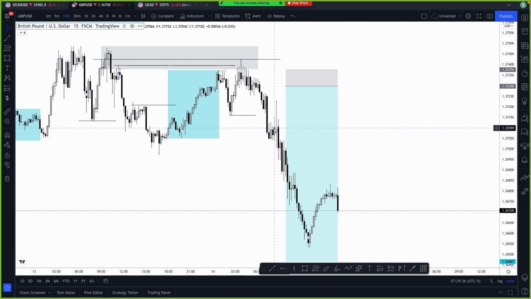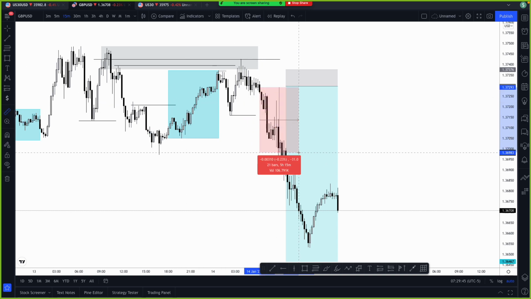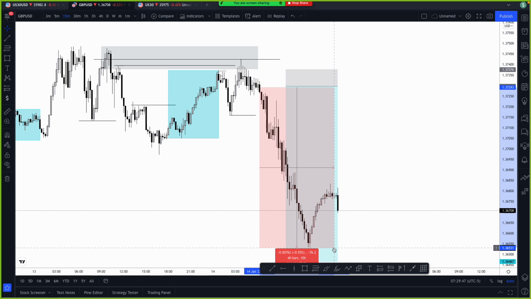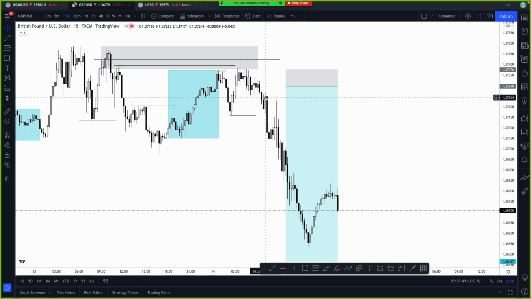Then me, I jump. It went up with me, then came down. Then you know what I say? I'm holding my trade. You can do whatever you want. I'm just holding my trade. This is what I did yesterday. So on this one, even the second one at that break of structure, it was very nice. This one also was very good, because this candlestick was the one that caused the manipulation.